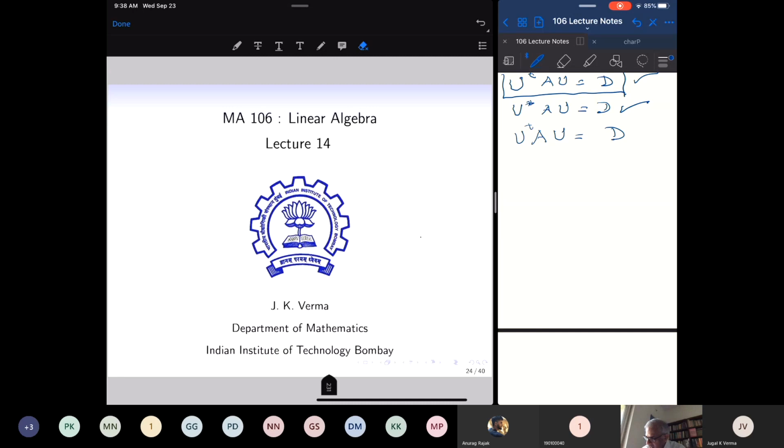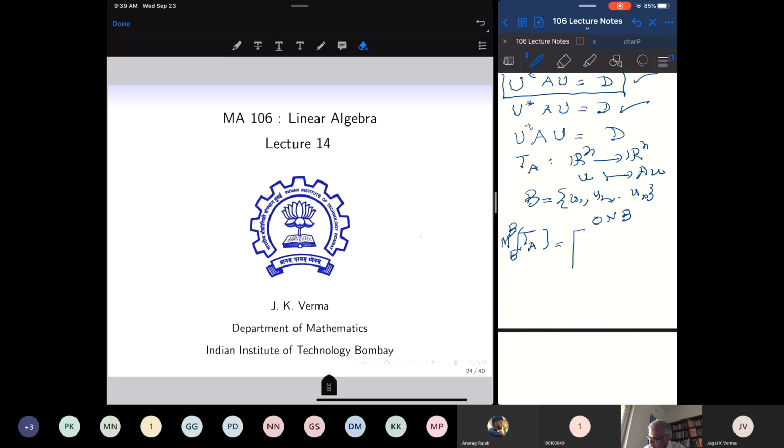So if I look at the linear transformation T_A from R^n to R^n, which is simply taking a vector u and mapping it to Au, that's the linear transformation induced by A. And if I choose a basis B consisting of the column vectors of U, this is an orthonormal basis, and I can construct the matrix of T_A with respect to this orthonormal basis of eigenvectors. Okay, how to construct this matrix?